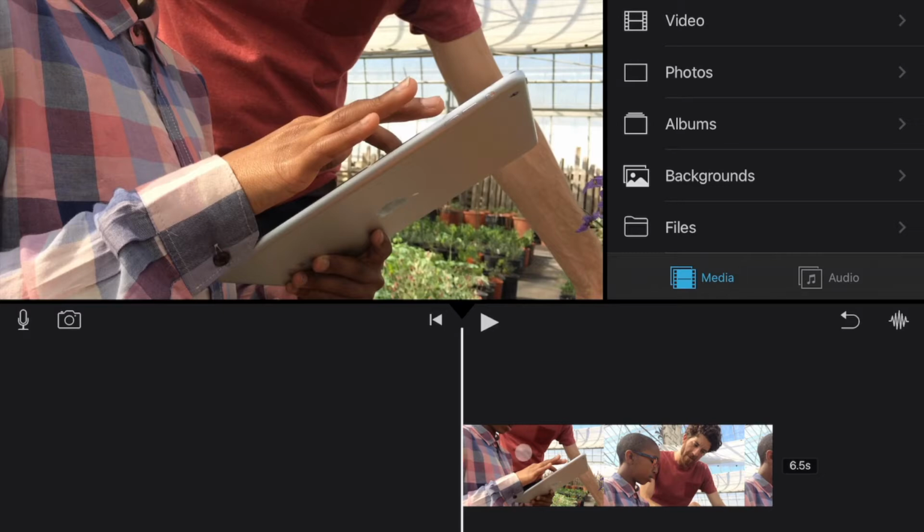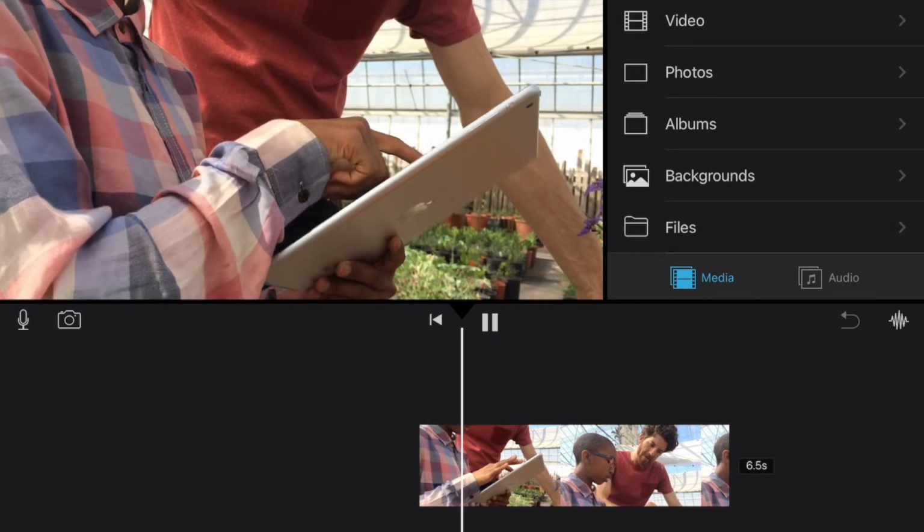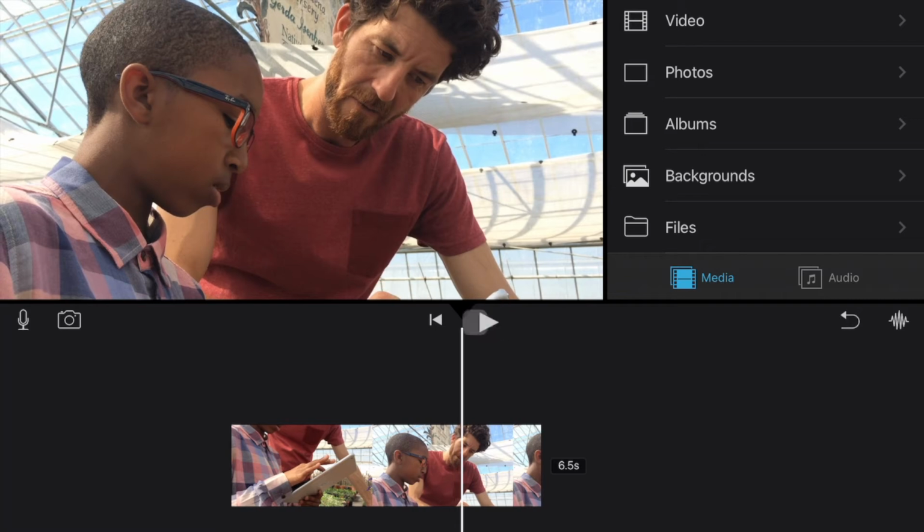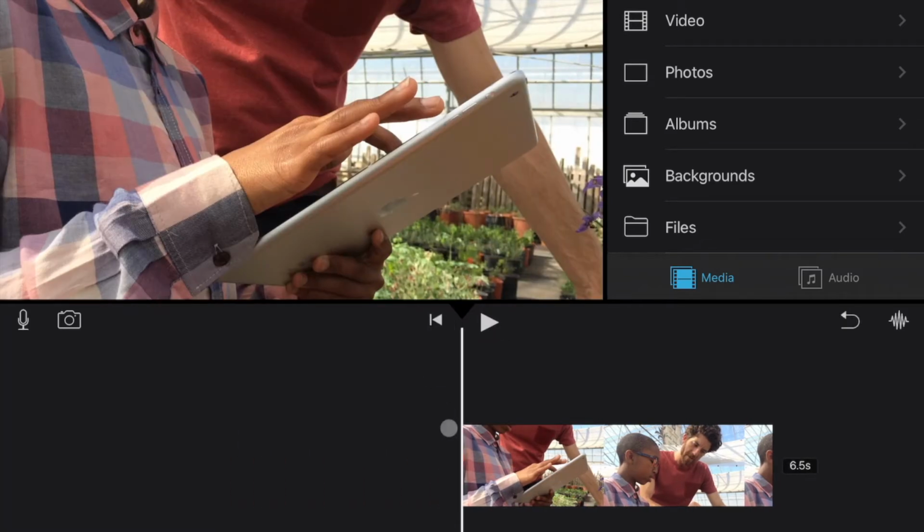So we want to put that white line, say, at the very beginning, or we can click on this arrow to go all the way to the very beginning. We can hit play, and our preview section here will show what that's looking like. I can always click to go back to the beginning. And then in order to add another clip, I would go ahead and go up here to Files and begin